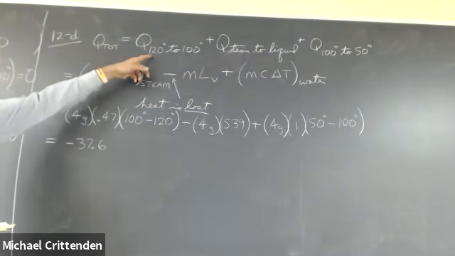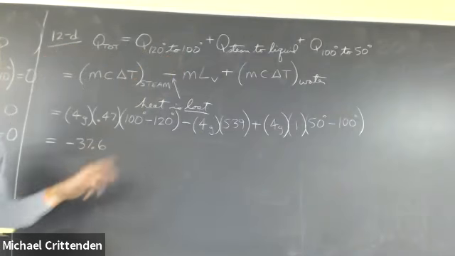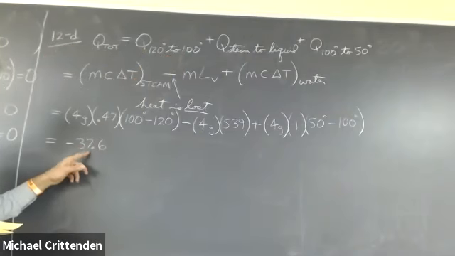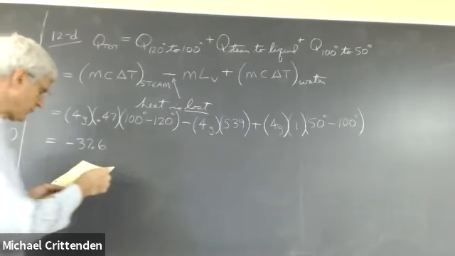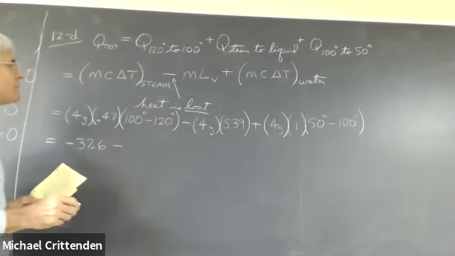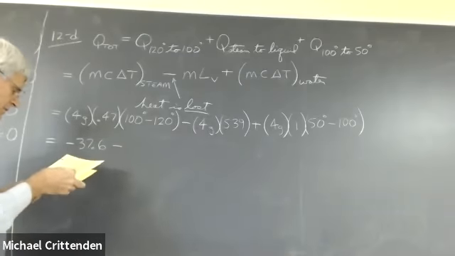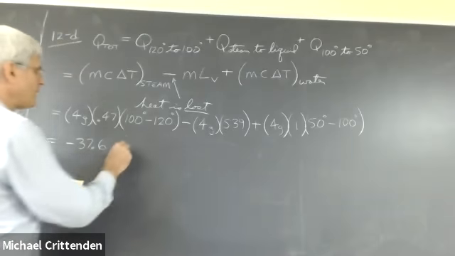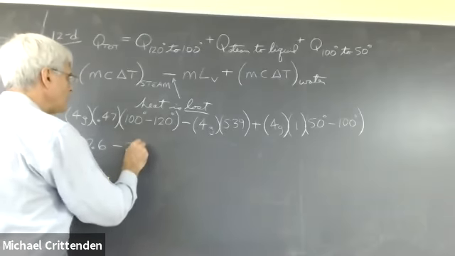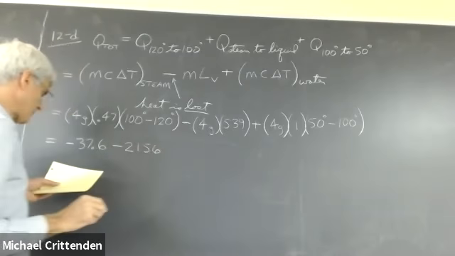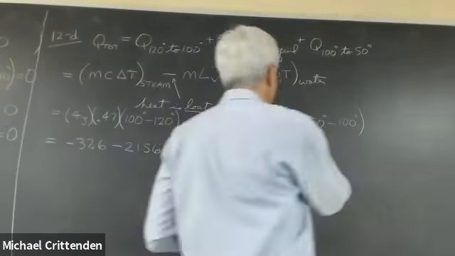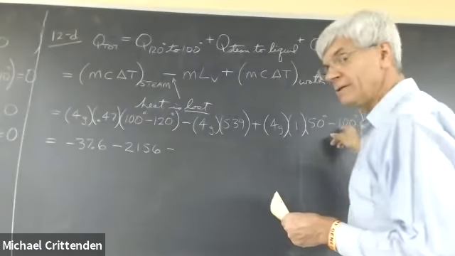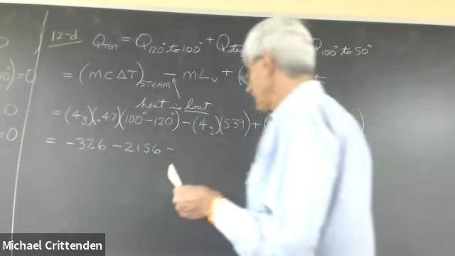So as it goes from 120 degrees down to 100 degrees, the steam gives off, minus sign means it's giving it off, 37.6 calories. As the 100-degree steam turns into 100-degree liquid, it gives off 2,156 calories. And then once it's liquefied, going from 100 down to 50 degrees, gives off